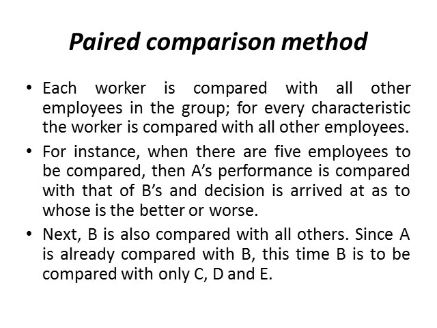The second method used for merit rating is the paired comparison method. It is almost the same as the ranking method. Here also the keyword is comparison, but each worker is compared with all other employees in the group. In the ranking method, only two workers are compared, but here the worker is compared to all employees in a group